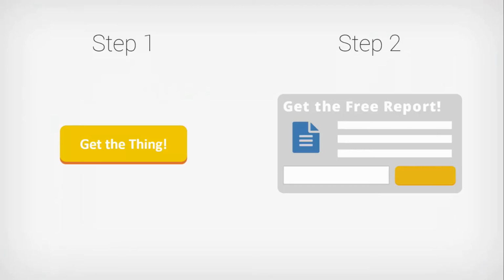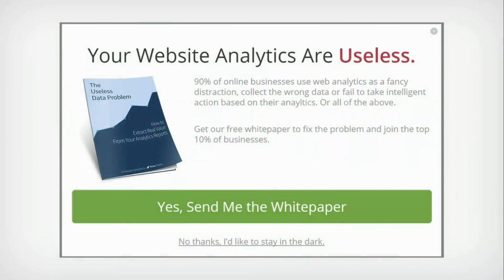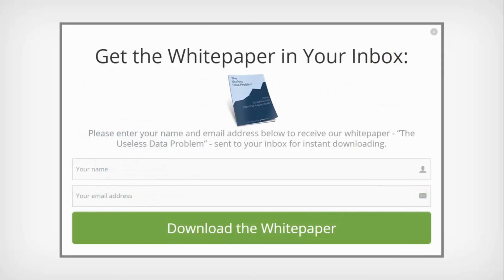First, there's another thing which is called multi-step opt-ins, which is slightly different, okay? Multi-step opt-ins are slightly different, but employ the same kind of psychology. So a multi-step opt-in form would look like this. This could be, again, a lightbox opt-in form that shows on a site. And at first, all it shows you is the offer, right? It says, in this case, get our free report. And there's a big button that says, yes, send me this thing. And when you click the button, it switches to this, right?